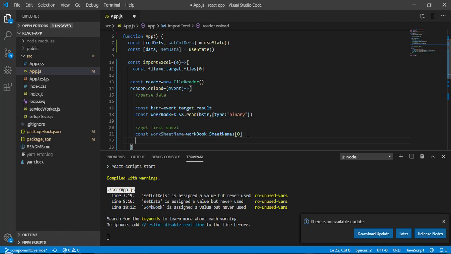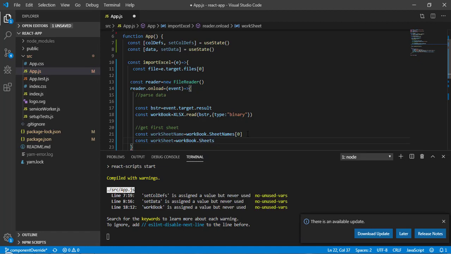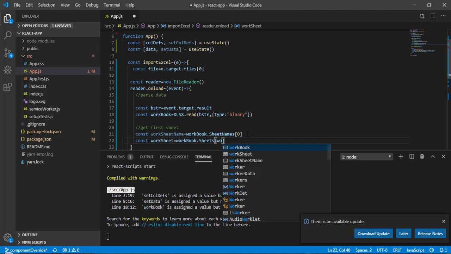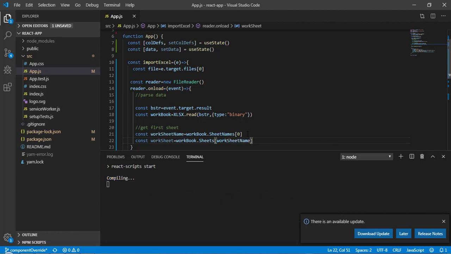So for that here const worksheet. Okay, and now workbook dot, and here another function, Sheets, and here I need to pass our sheet name. So I will pass here worksheet name.